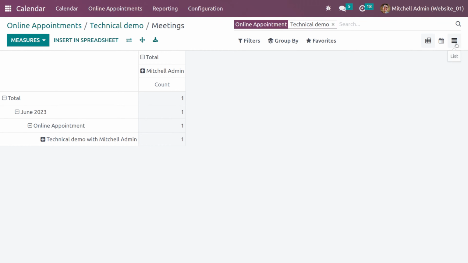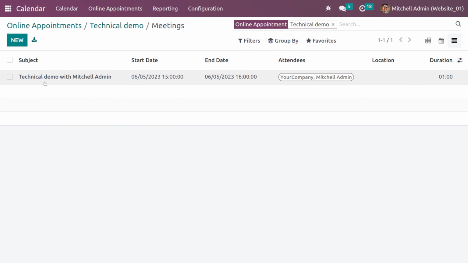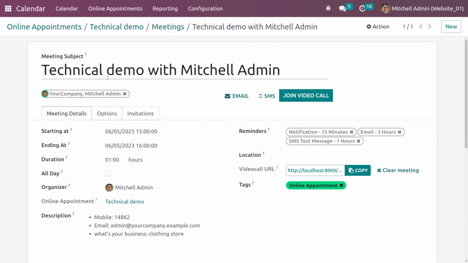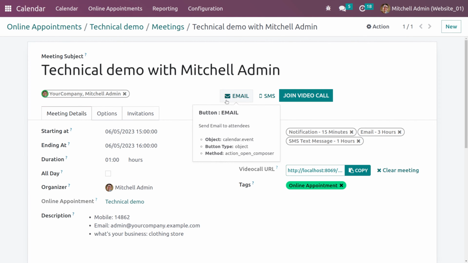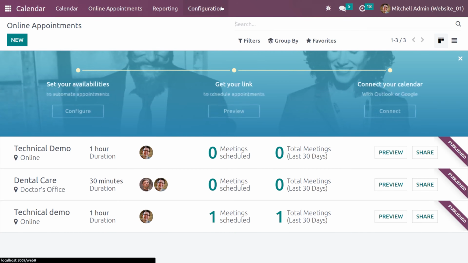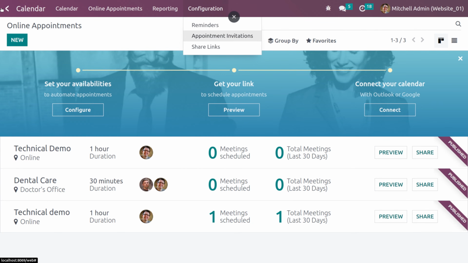We can move into the list view. Yeah, the technical demo with the Michelle admin appointment is generated here. Open this, and here you can see the link for the video call is generated. Copy this, and you can send this invitation to the attendees by mail ID or by SMS. So this is how the online appointments work. And the next one, we can go back to the website,